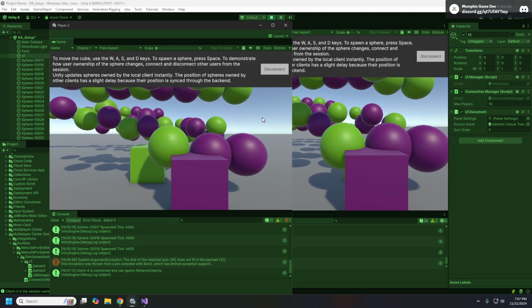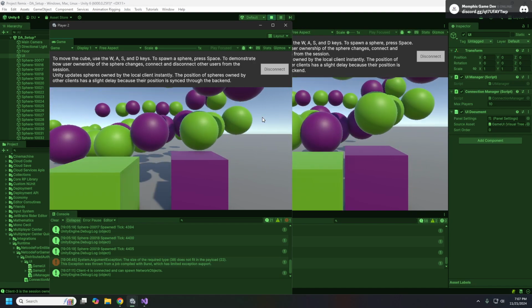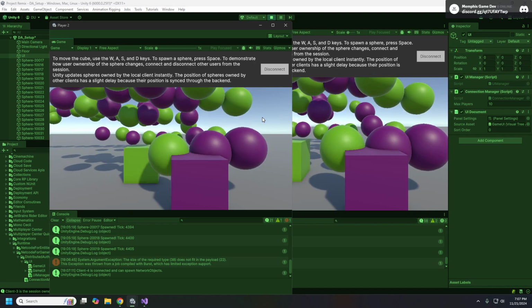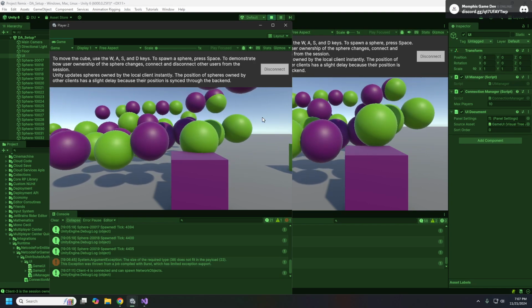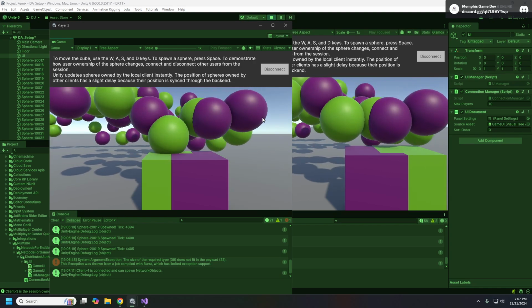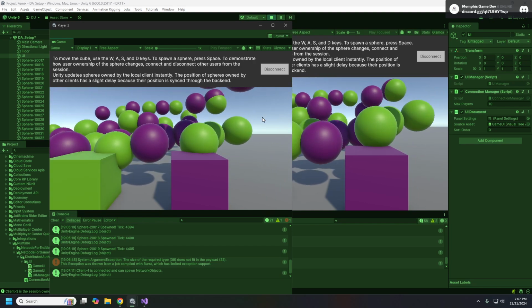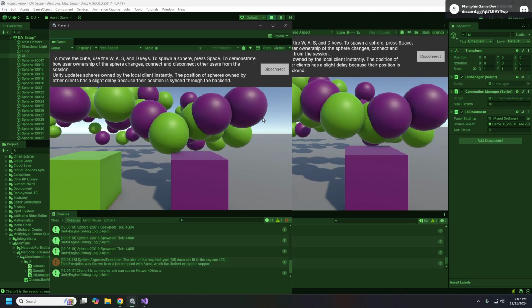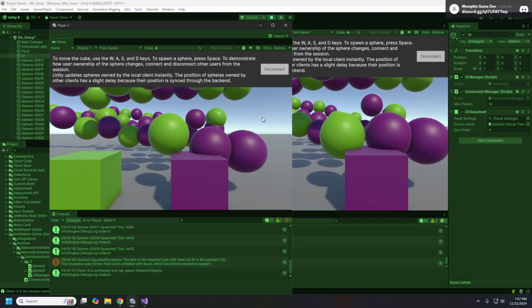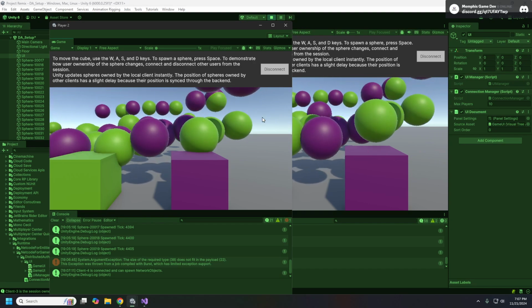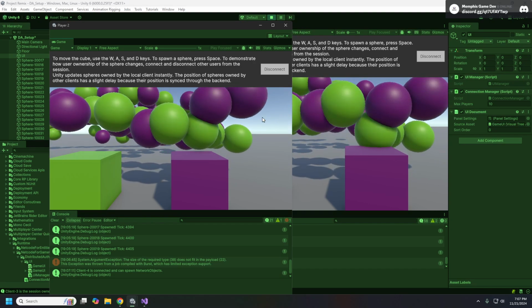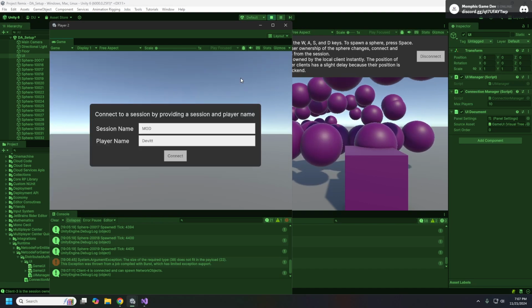If you wanted to log back in with your original colors for your client, you would need to do a little bit of extra work to link those old client IDs to a player ID that you get from authentication. Disconnect again.